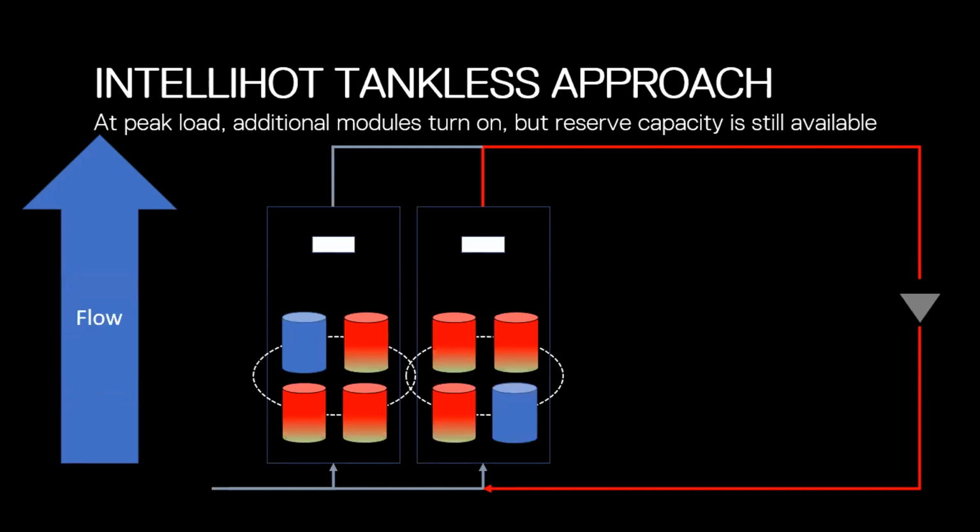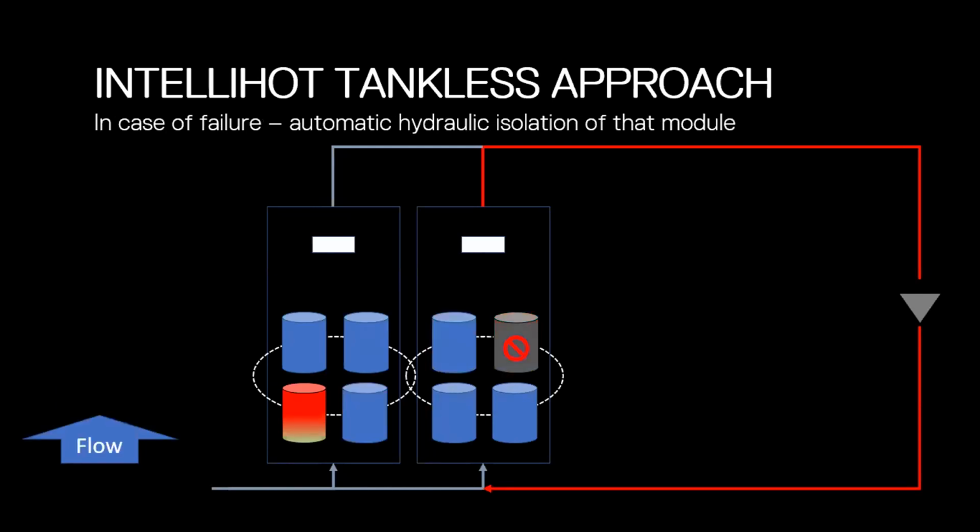At that peak load, all the modules will turn on, but we still have reserve capacity. Like I said, when we do our sizing, we do include 1 extra module. So for example, if we calculate everything based on the flows and right at it, you need, say, 750,000 BTUs, we're going to add another heat exchanger, which is 250,000, and we will suggest you use a 1 million BTU unit. The reason for that is, should one module go down for any reason,